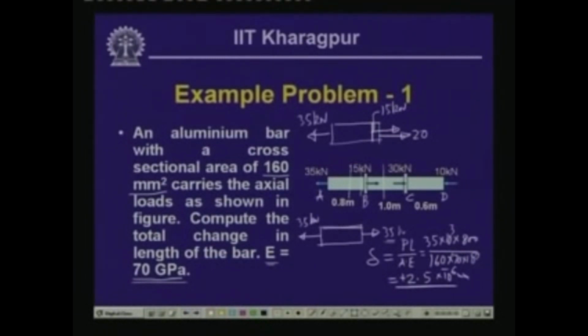So, this particular segment, the part of the body immediately after the application of this load to the point prior to the application of this load, will have a force system something like this. Since 20 is acting in this way, the resistive 20 will be acting in this, and so for balancing this it has to act in this form. Thereby, this bar will undergo stretching because of this 20 kilonewton load,